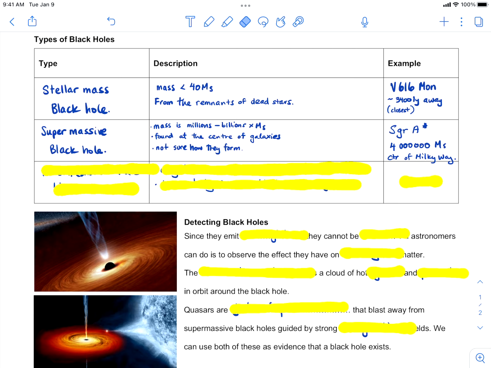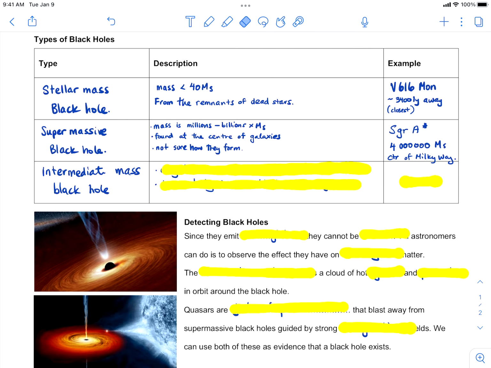And because the whole galaxy is revolving around the center, you could say everything's kind of revolving around this. The last kind of black hole, the reason I put it in the chart, is because maybe you'll notice we've got the stellar massive black holes. They're less than 40 times the mass of the sun. And then you get the really, really big ones, the supermassive black holes. Well, what about everything in between? Those are called intermediate mass black holes.